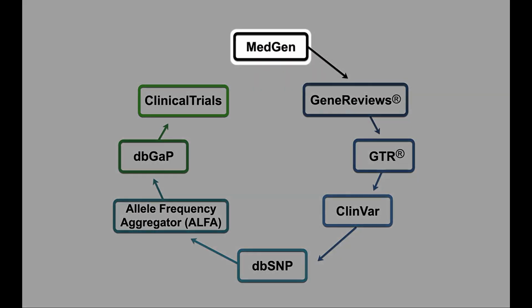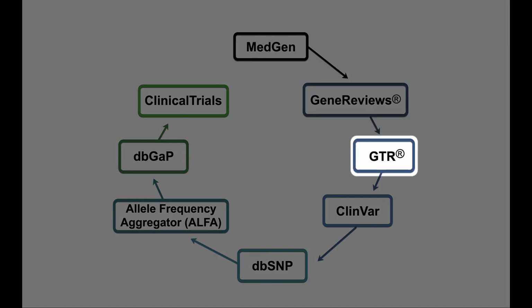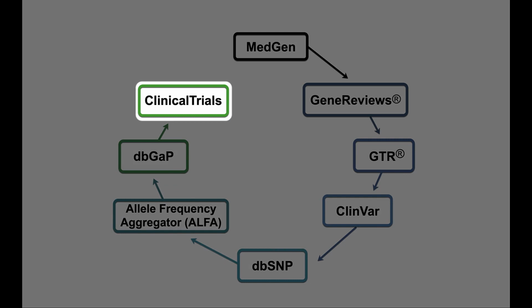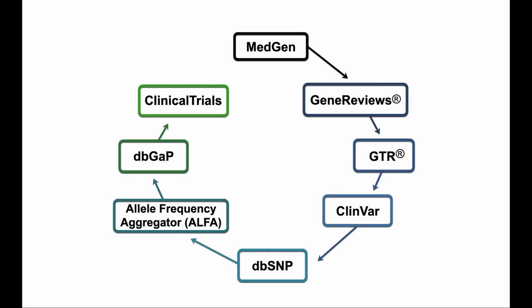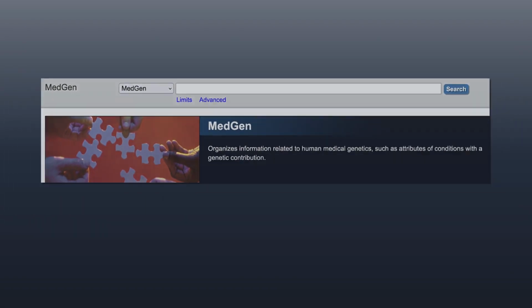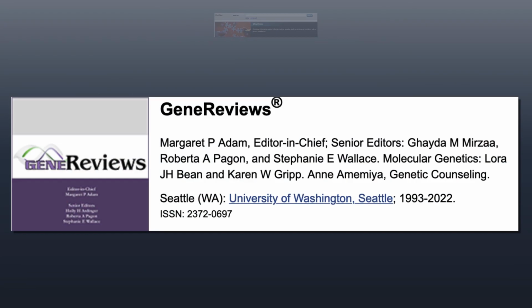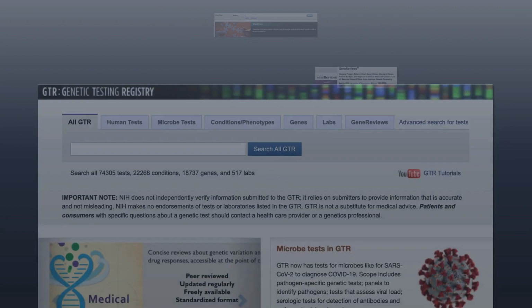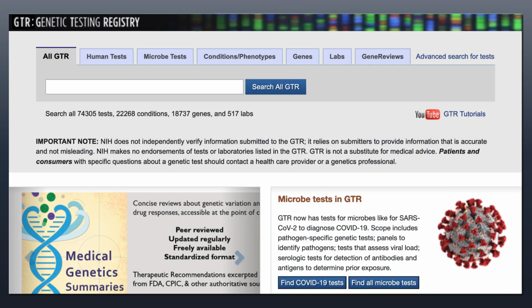Here's a quick summary of a path the practitioner might take at NCBI to explore diagnosis and treatment options for the patient. We'll examine each resource in a bit more detail after this summary. We'll first look up Lynch syndrome in MedGen, NCBI's portal to medical genetics. From MedGen, we'll link to GeneReviews, which can help to establish a diagnosis, including recommendations for genetic tests that we